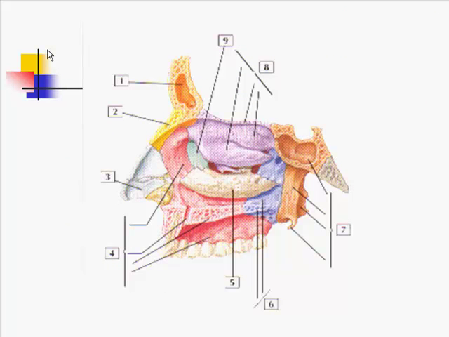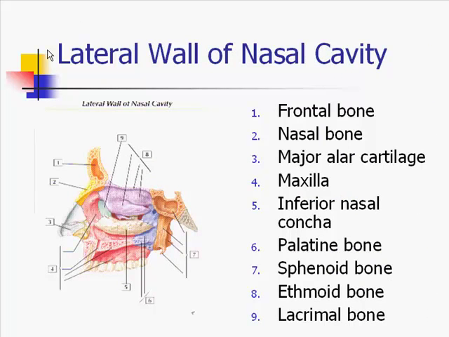So if we were to take a look at the lateral wall of the nasal cavity, see if you can figure out these different bones. 1 is frontal, 2 nasal. 3 is not a bone, it's just the cartilage. 4 is the maxilla. If we're looking at the maxilla, they're pointing to different things. Basically the frontal process, the incisive canal, remember that's where the nasal palatine nerve travels, the palatine process, and the